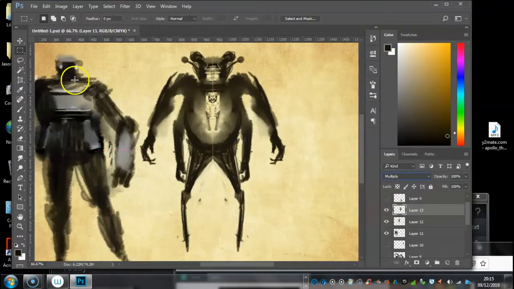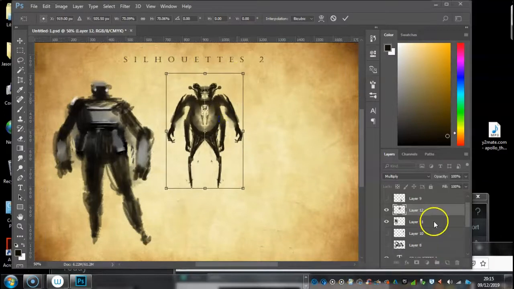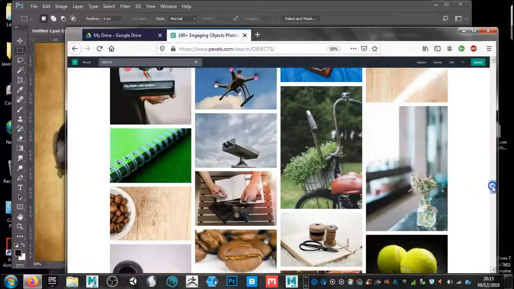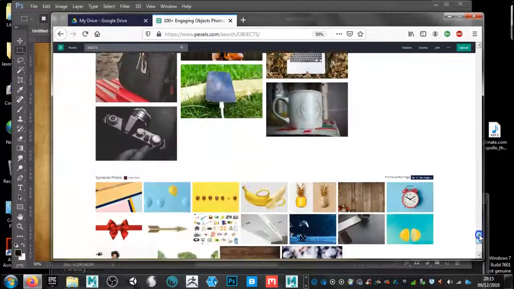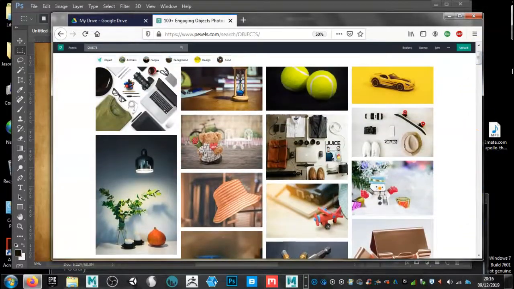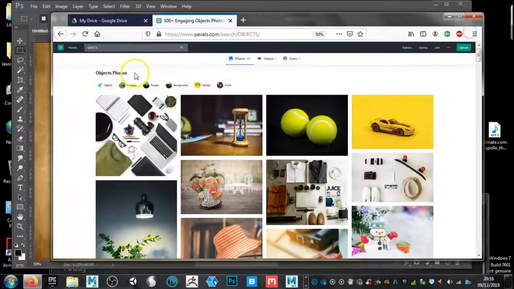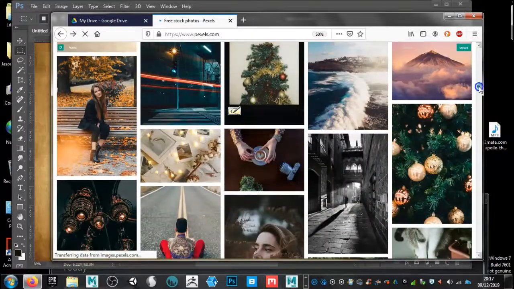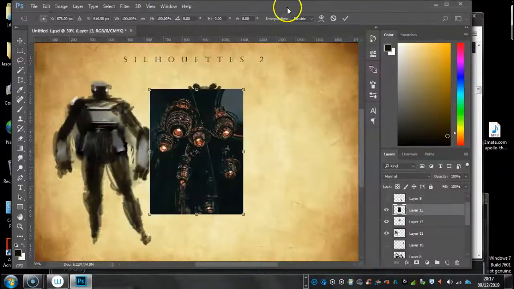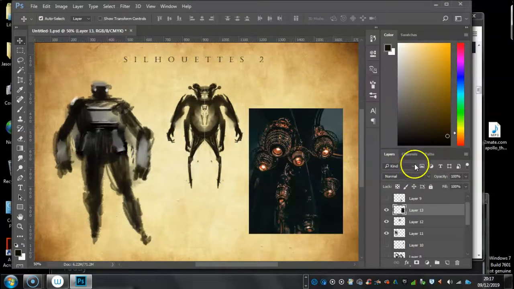But after I've done that and got the initial sketches in, I then leave it and go on to another character. So this time around, again, just another random image. The more random the better, and the less you think about it, the better. This is how this stuff works, and you can often arrive at some really interesting ideas that you wouldn't ordinarily think of. I don't know about you, but sometimes I can get stuck in a rut. I can end up doing the same characters, the same environments over and over again. There's nothing inherently wrong with that, but you want to branch out a little bit. You want to grow and